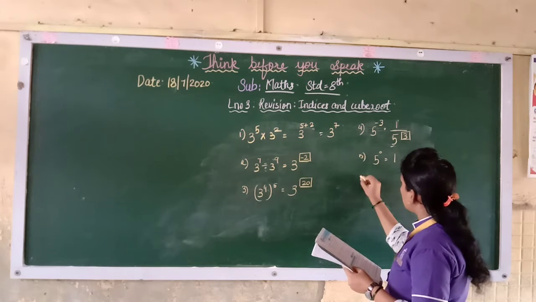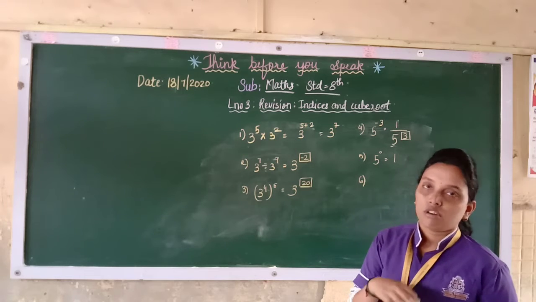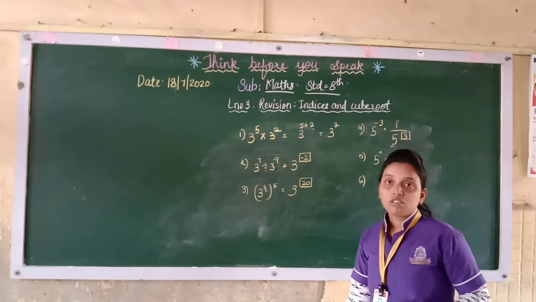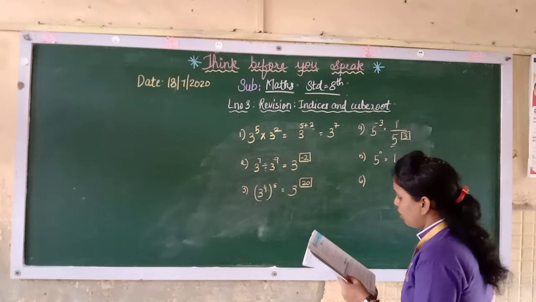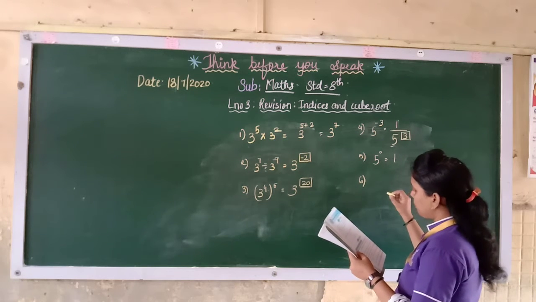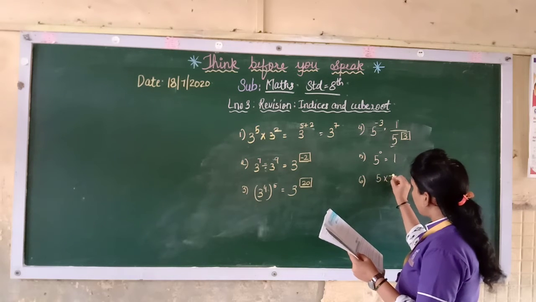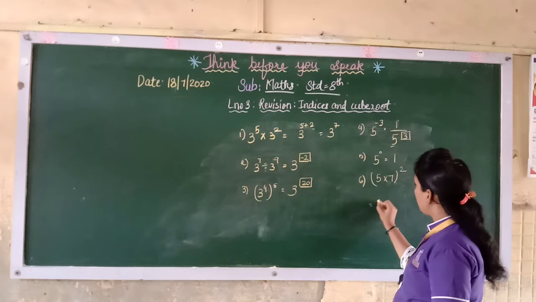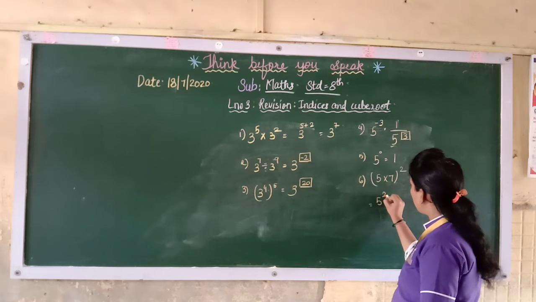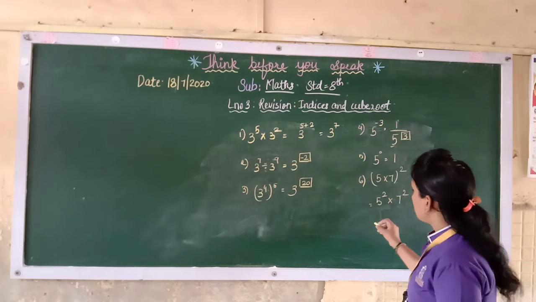Anything raised to 0 is 1. These are the examples based on the laws of indices which we saw just earlier in terms of m and n. If it is 5 into 7 raised to 2, you give this 2 to both of them, so you get 5 squared into 7 squared.